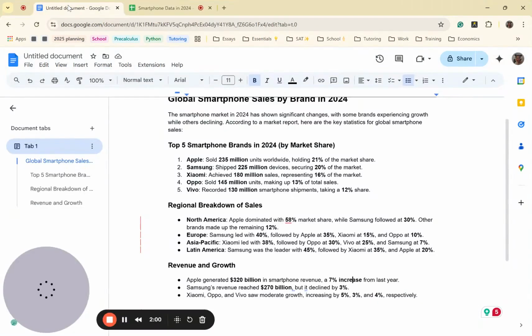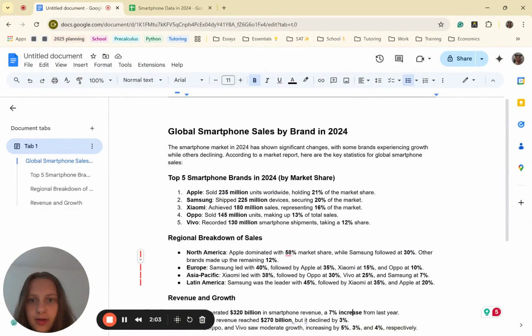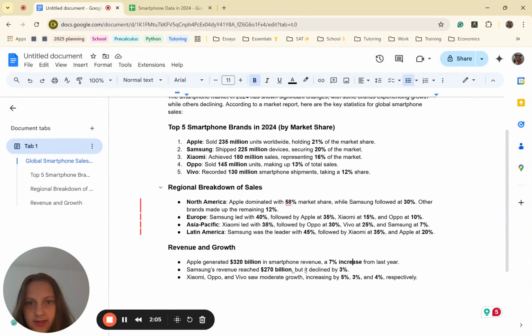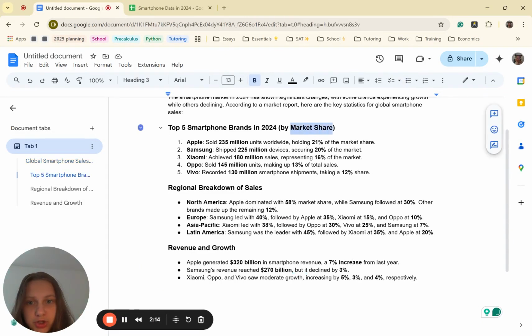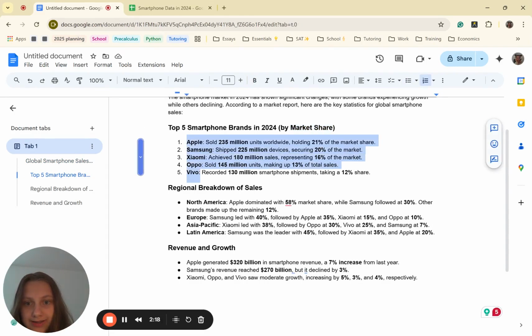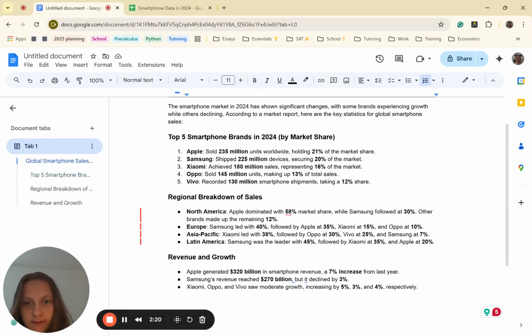Let's see. If we go back to our article, we can see that they have three breakdowns. So they have a market share. They have given us 5 brands that we're going to work with. They have given us information about how many units are sold, and what percentage of the market share they are holding.